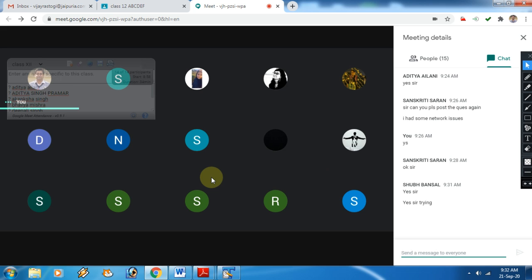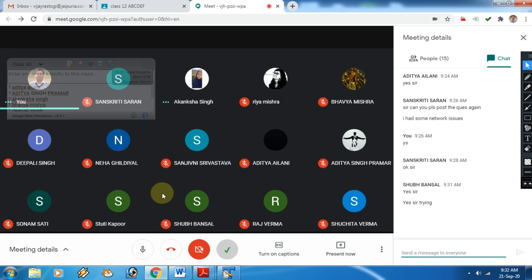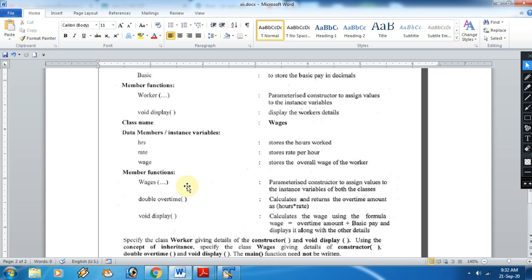That is hours into rate. Don't use it directly to return, because in that variable you need to find out. Because it is already given in the question. Sorry, that is the overtime. So that wage variable you will have to use in the display method. Okay.